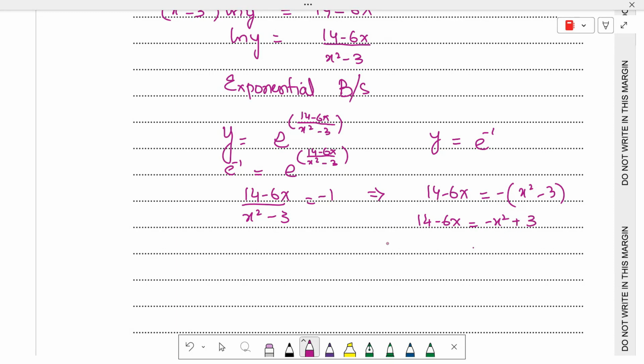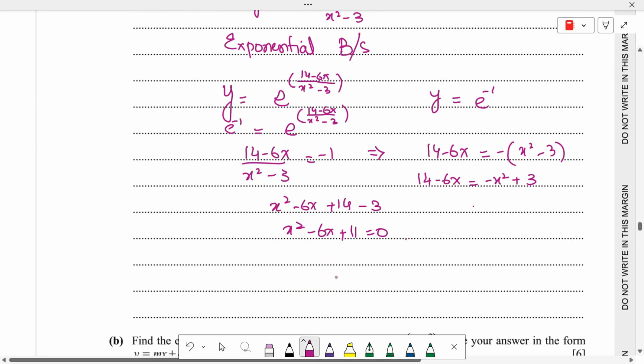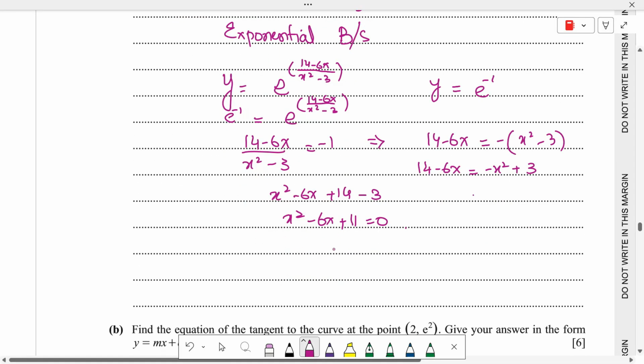When we switch x squared to the left side, we will have a quadratic equation which is x squared minus 6x plus 14 minus 3, which equals x squared minus 6x plus 11 equals 0. Okay, this is the quadratic equation, and we know that if this equation does not have any real solution, its discriminant will be less than 0. So discriminant